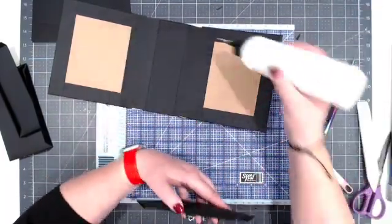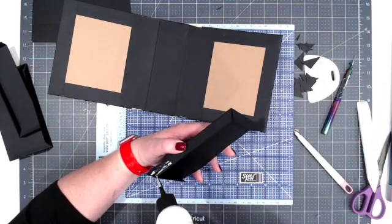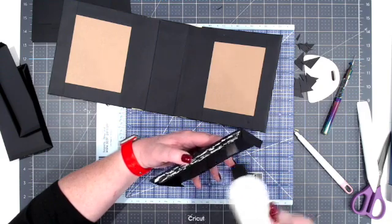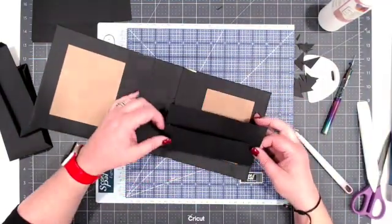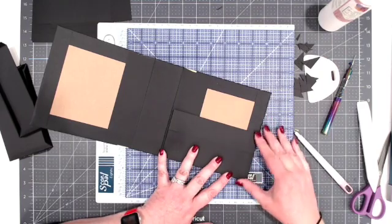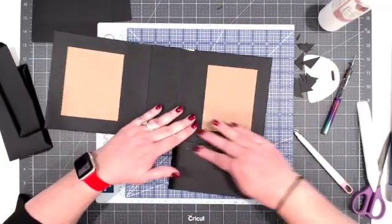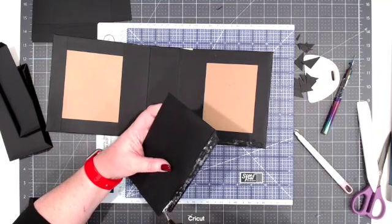And then we'll put it in the book. If you wanted to mat the entire page behind here, you absolutely could. I'm not, because I'm trying to save a little bit on my paper. So I'm just going to mat what absolutely has to be matted. And this should line up to this bottom outside corner. Put it down, or not, because